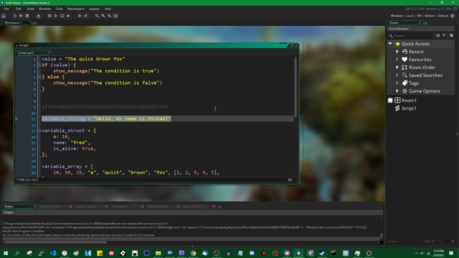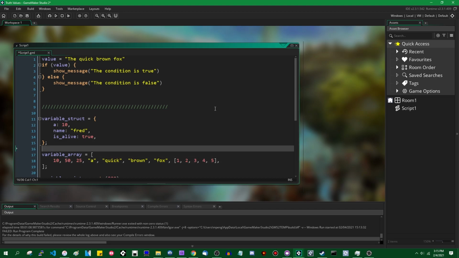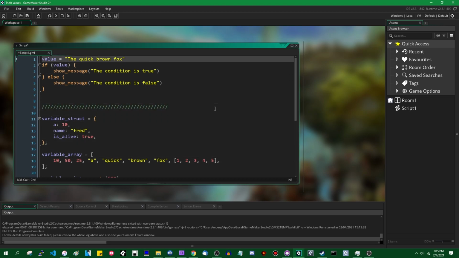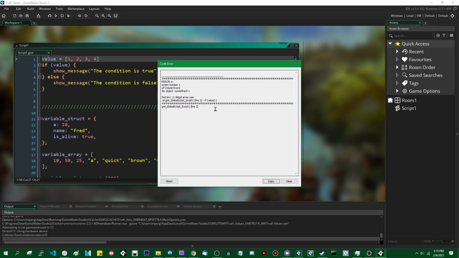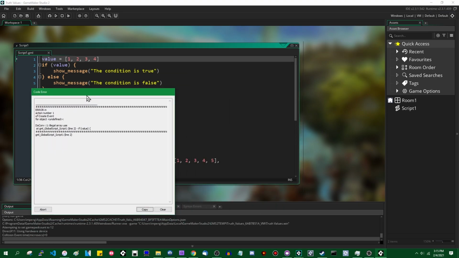Next, I'm going to talk about arrays before I talk about structs. So arrays are a thing that you can use in GameMaker. Again, I referred to last week's video. We can just create an array like this with an array literal. I can run the game. We are going to see the truth value of arrays, and we can see that we get another error message